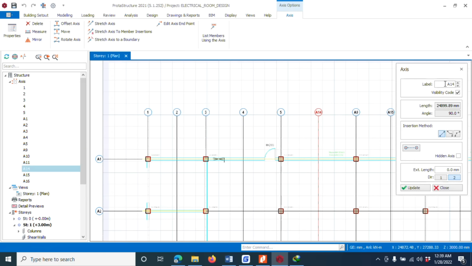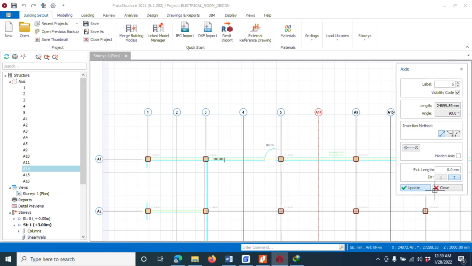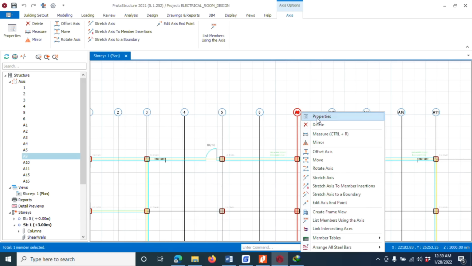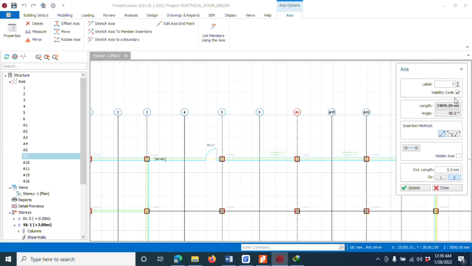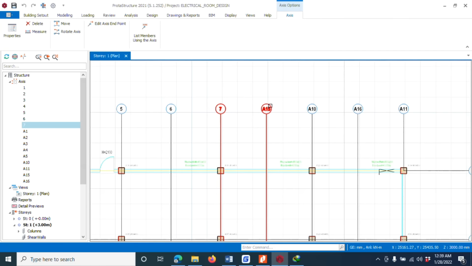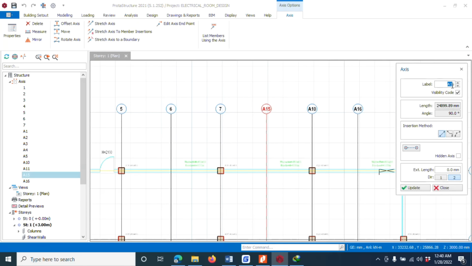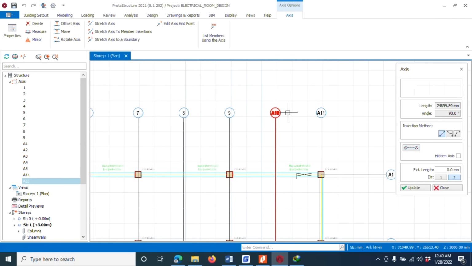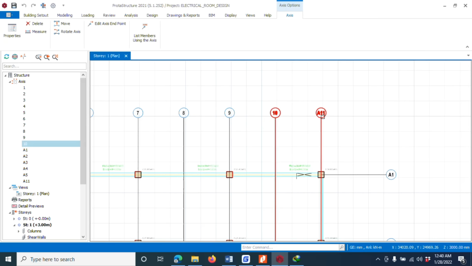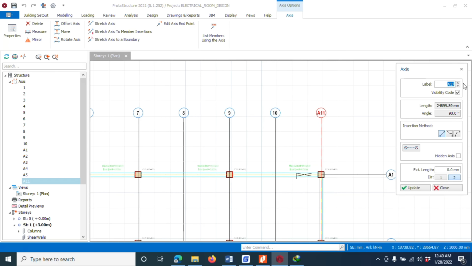Right click, properties 6, update and close. Right click, properties 7, update and close. Right click, properties 8, update and close. Right click, properties 9, update and close. Right click, properties 10, update and close. Right click, properties 12,